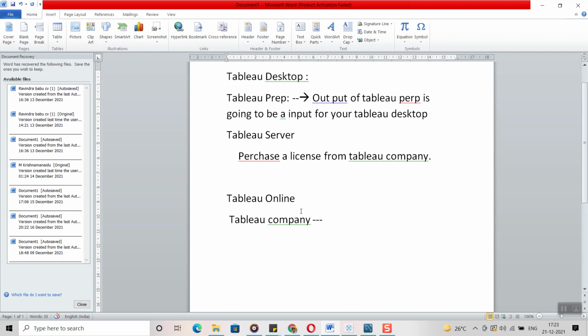What to do, what not to do, everything will be documented, and what is the price of this project, what is the duration of this project, and what kind of service we have to provide. That is called SOW. In that document itself they mention what products we have to use and who is going to purchase, either Infosys has to pay or from the client side GE is going to pay. Everything is documented accordingly, and the project will move on.